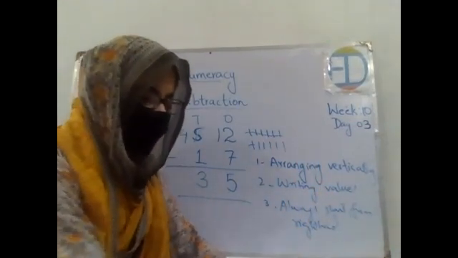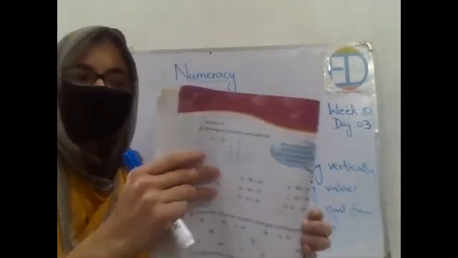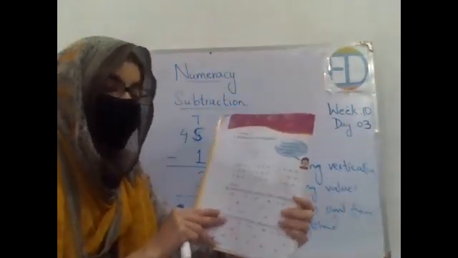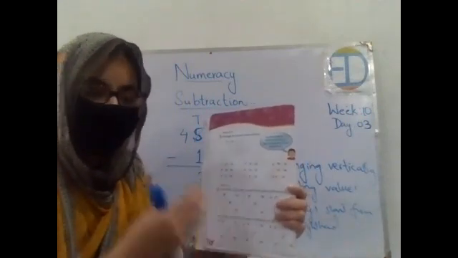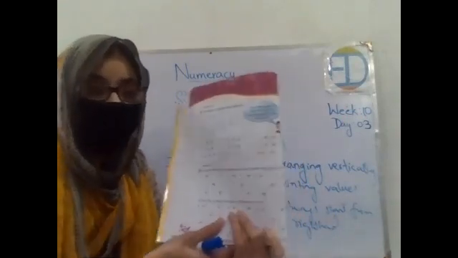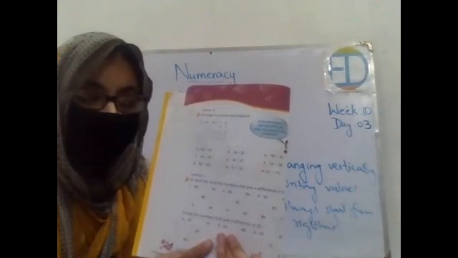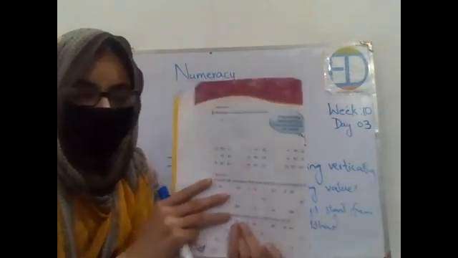So now I want all of you to open your book, page number 50. This is page number 50. Today we will be practicing some more questions of subtraction, okay? So let's start. The first one is already solved for you. It's a combination of both with and without borrowing, right? So I'll be doing a few for you, but you will be doing it yourself and share your answers with me. And if you need any kind of help, I'm here to help you out, right?